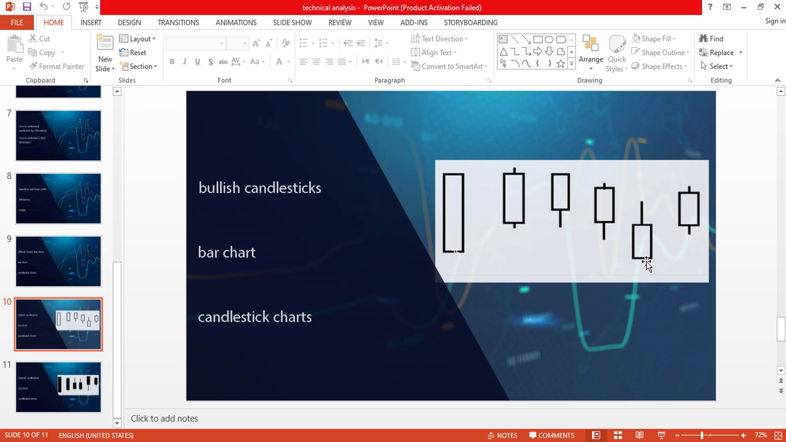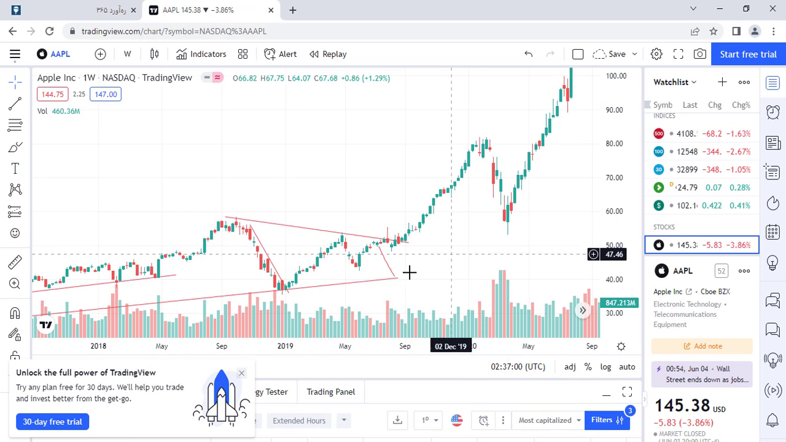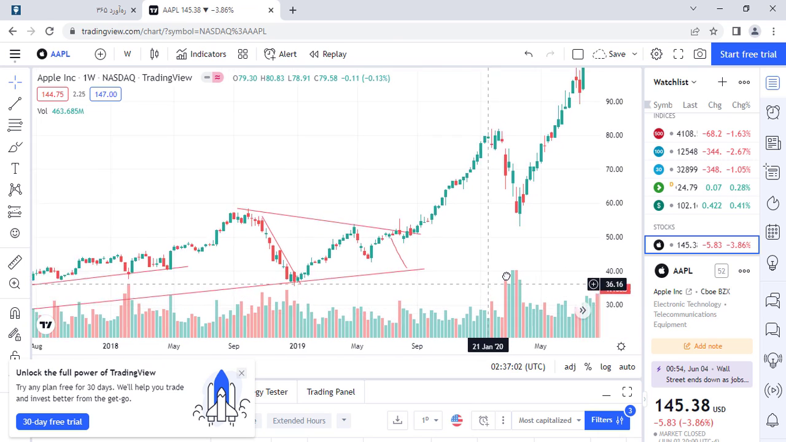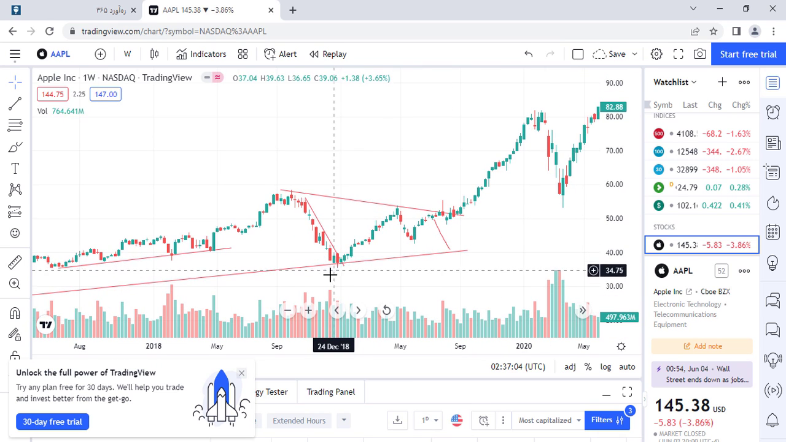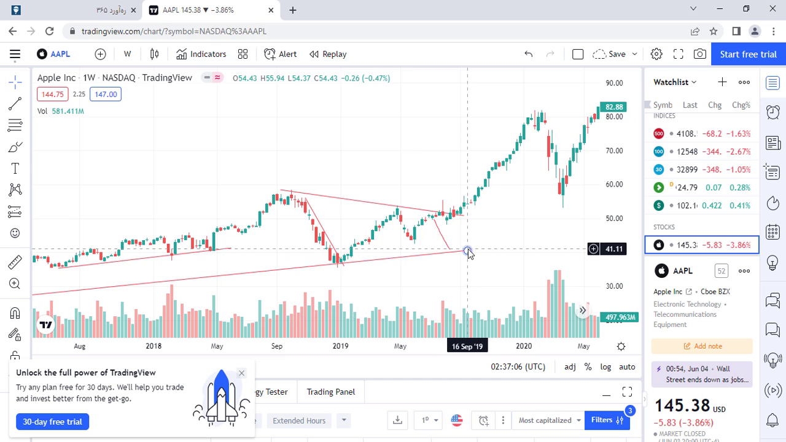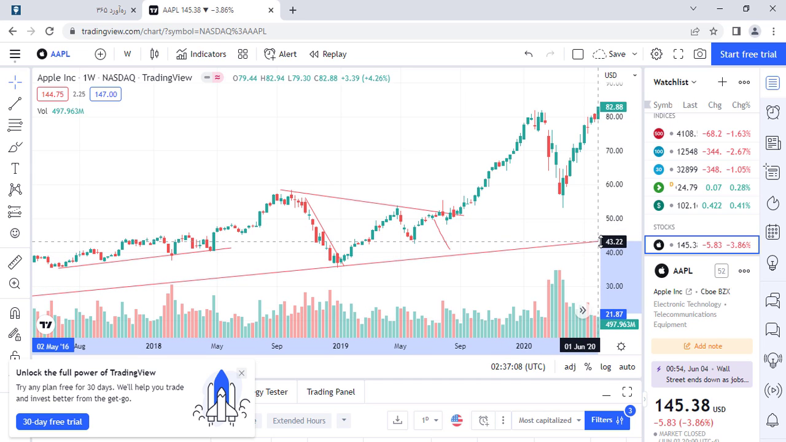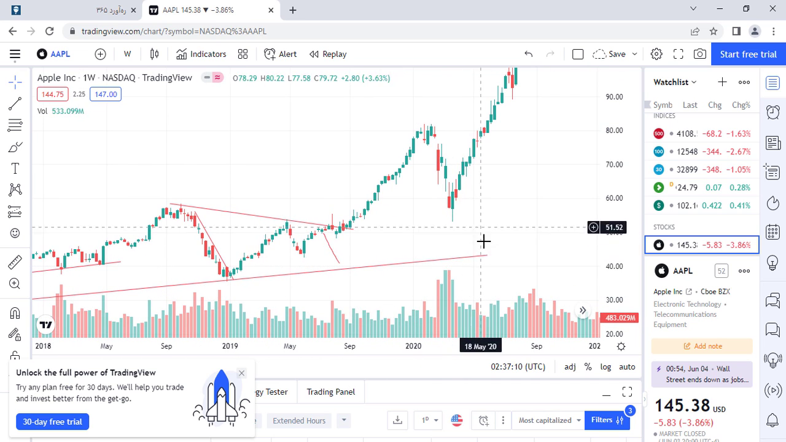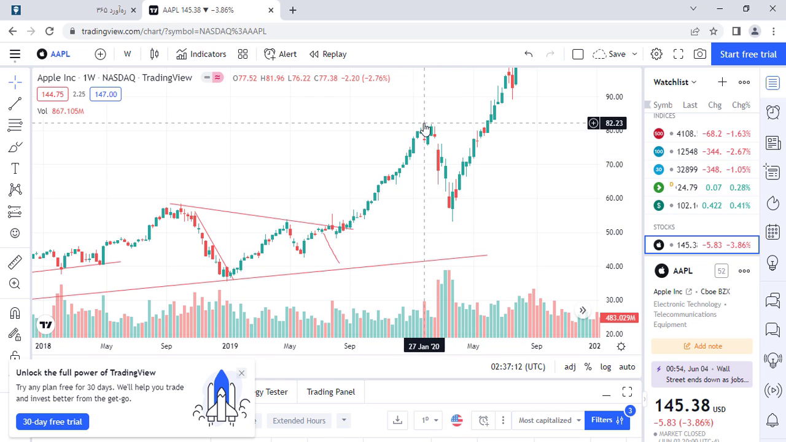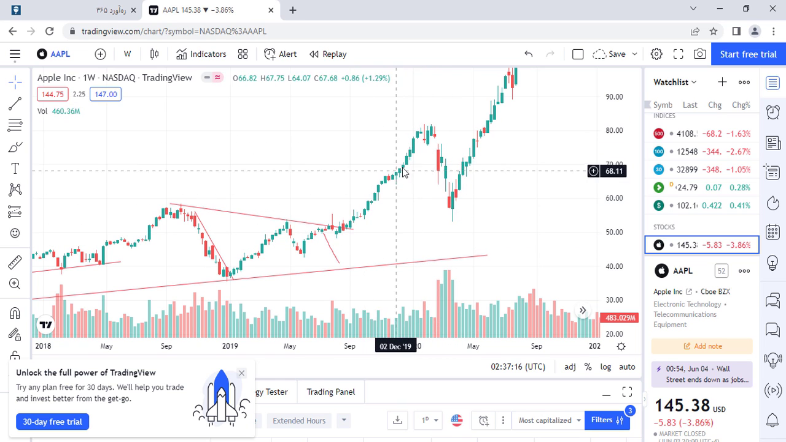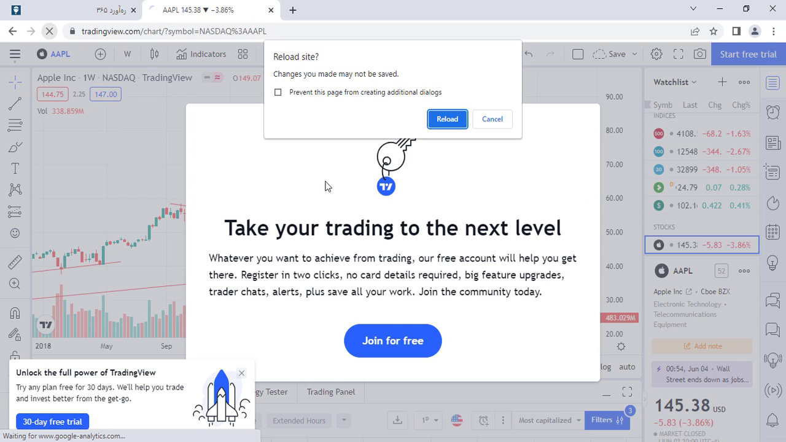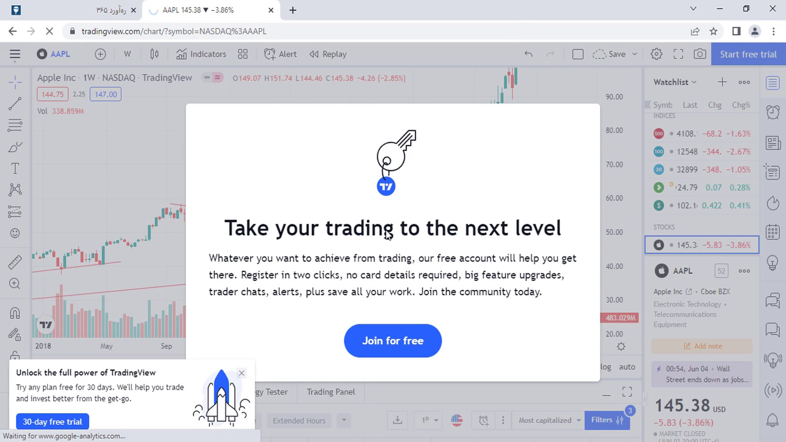These two last candles are valuable when they are near the support line. For example, when they are here in this area or in this area, you can see the price line, the price charts has